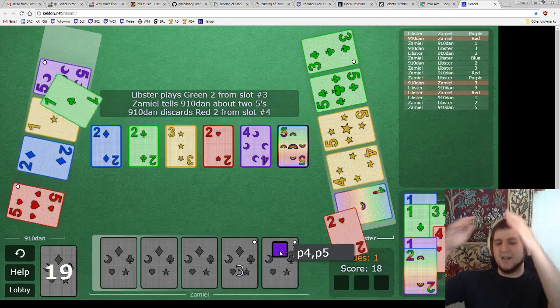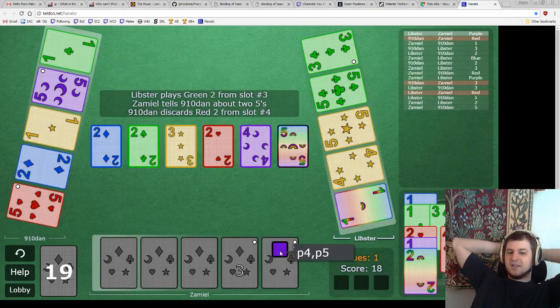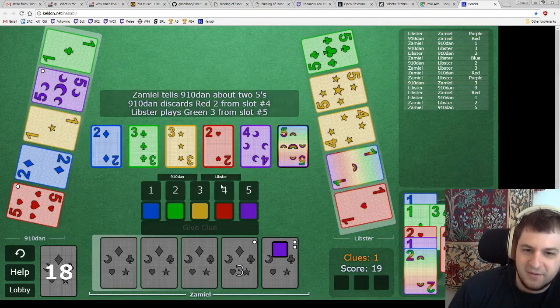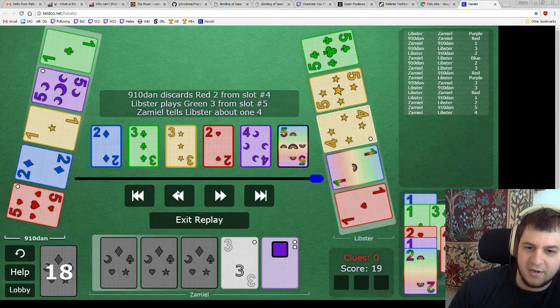Oh, I made a mistake. I could have done something very tricky. But that's fine. I see that Dan has a known safe. So what I could have done here,